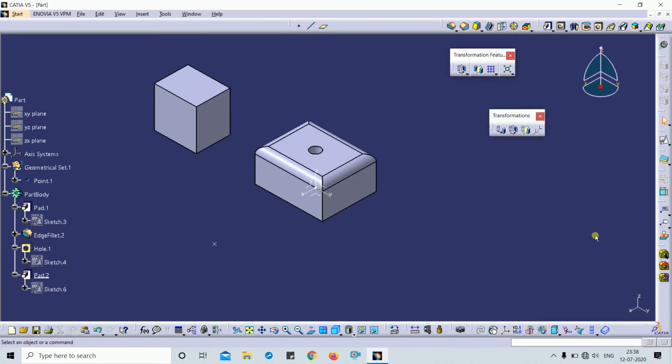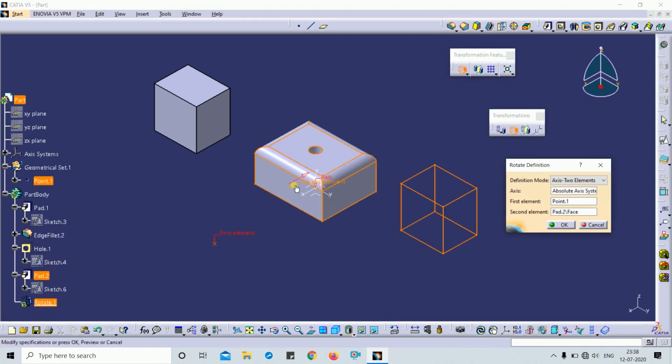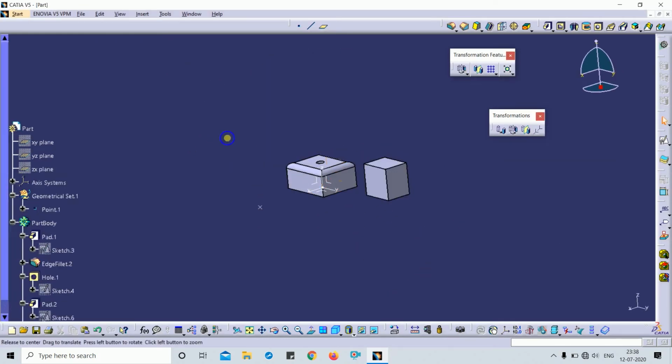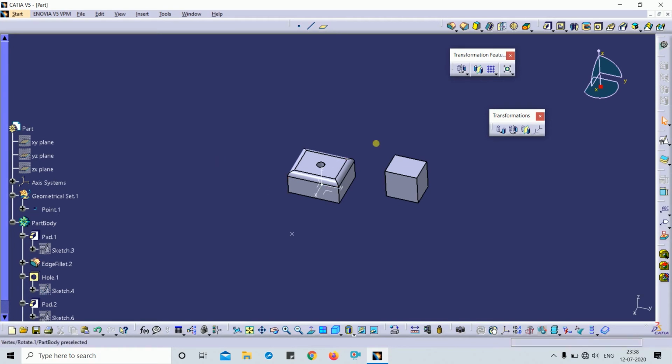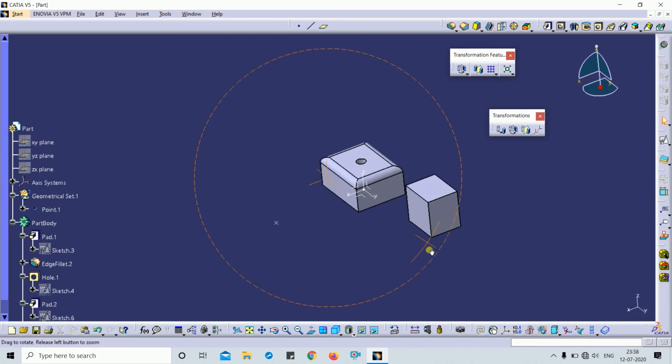Click on rotate, select axis to element, and I select the z axis. The first element is the point, the second element is this body. You can see the result: this body moves here. So this is the second type of rotation.